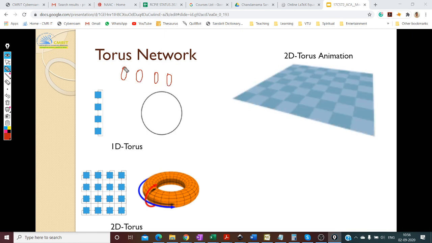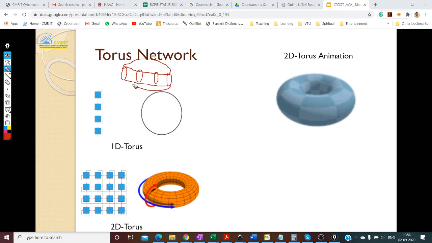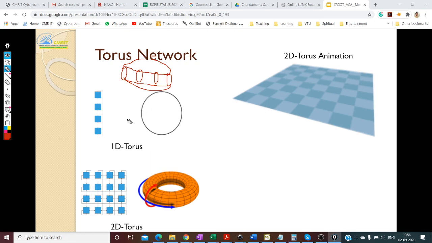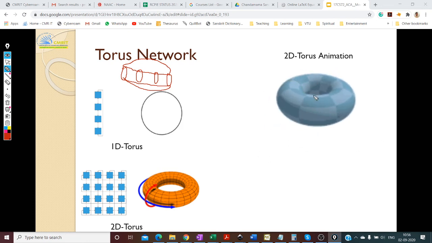Then you just connect all these elements, and then you connect this one to this, right? So you actually fold that. If you fold that, it becomes a vada now, correct? So you can easily make a 2D torus out of several 1D tori. And now this vada is there, right? So this is the 2D torus.